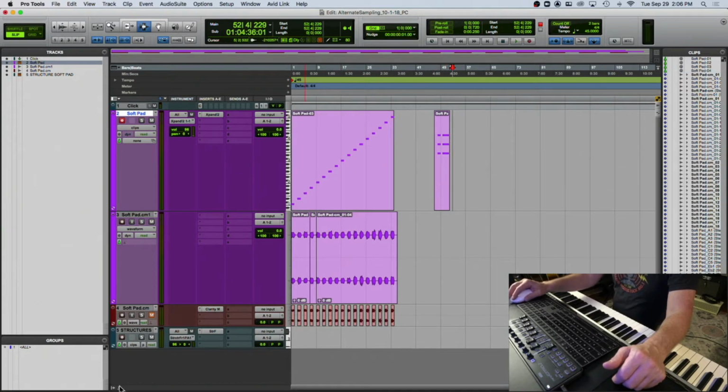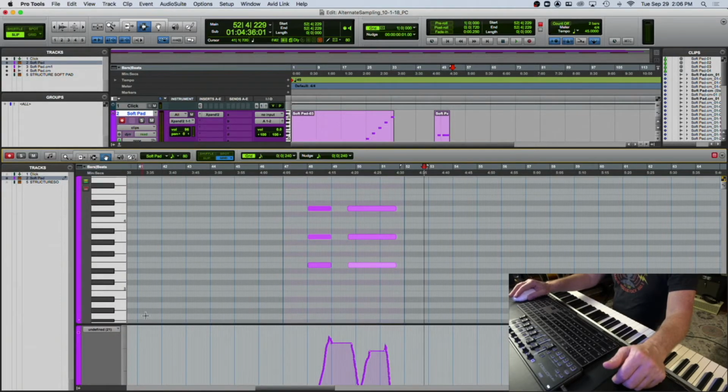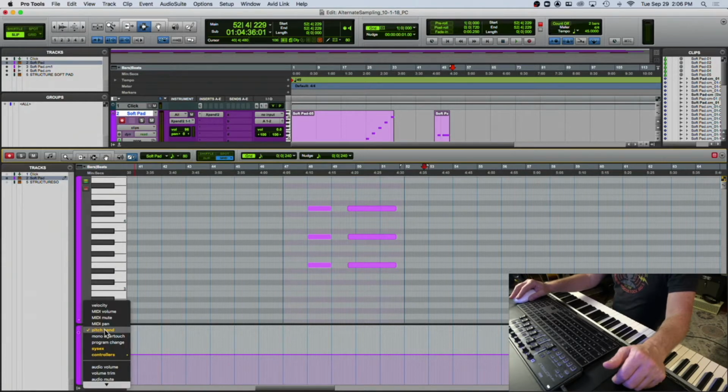And if I want to go to the MIDI editor right here, if I click this little triangle right down here, it opens up the edit lane. And this edit lane has all sorts of parameters that you can access. This is velocity, so I could change the velocity afterwards. So in other words, if I want to have them all be the same velocity, I can just do that. Somehow I touched the pitch bend, but it doesn't look like there's any information. And you could see that they're white when there's no information on it, but when it's amber, there's information being